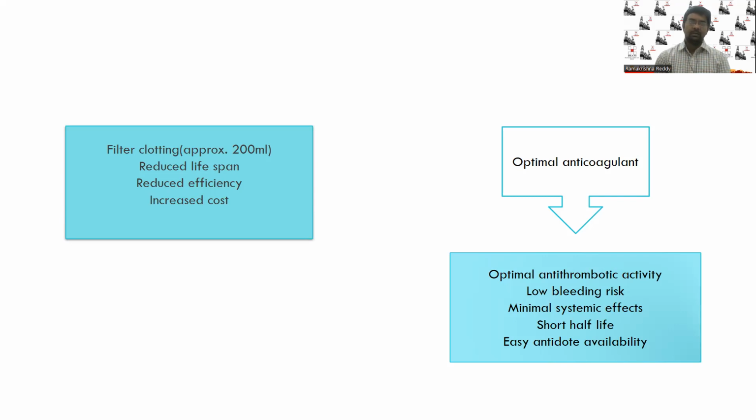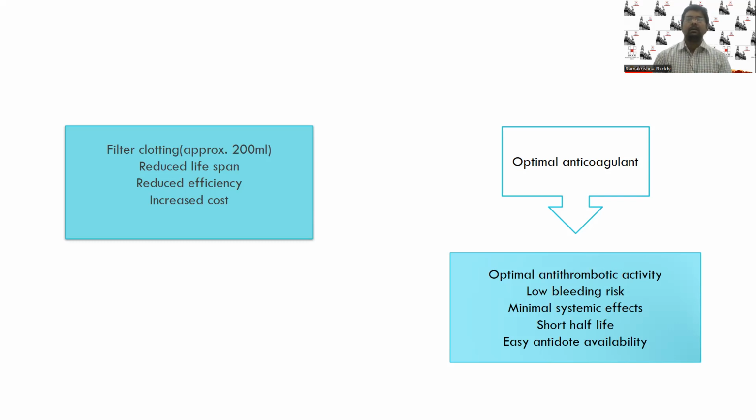In all cases, for renal replacement therapy to be continued, you need to replace the circuit and the filter again. So this all has a cost to the patient. Not only that, a filter clotting can lead to a blood loss of approximately 200 ml. So in order to reduce this filter clotting and improve the efficiency and lifespan of the filter, you need to